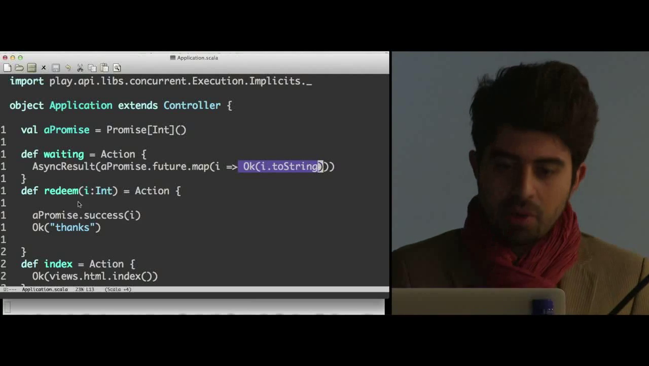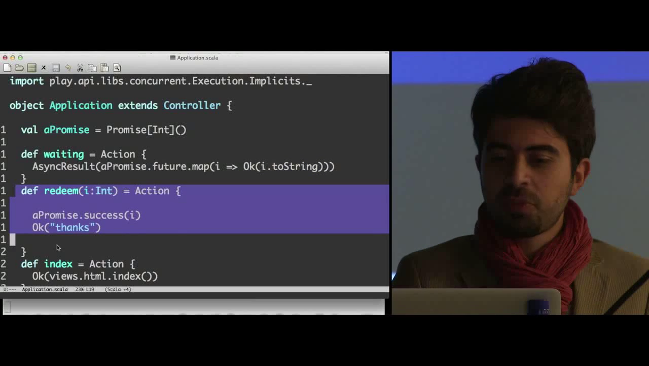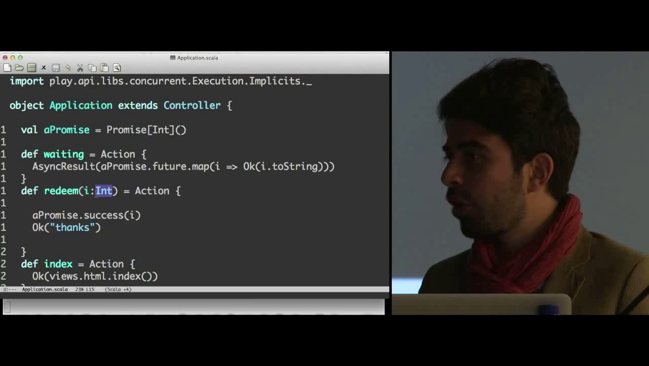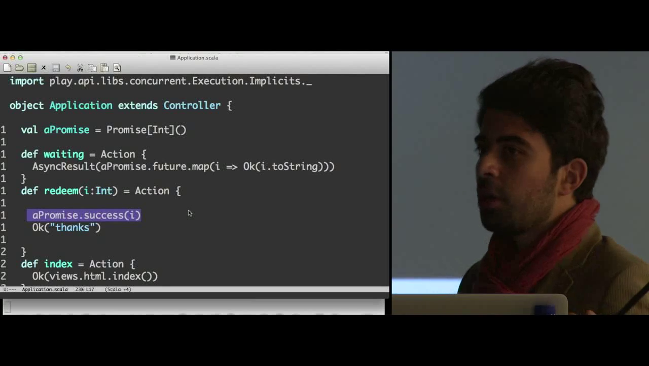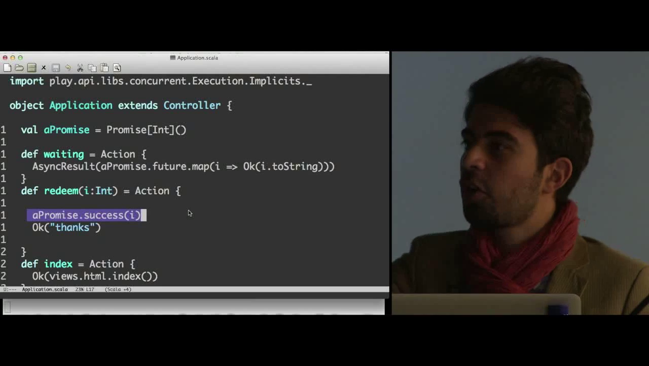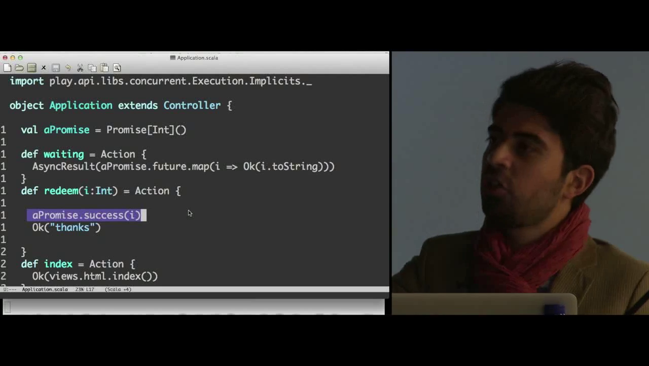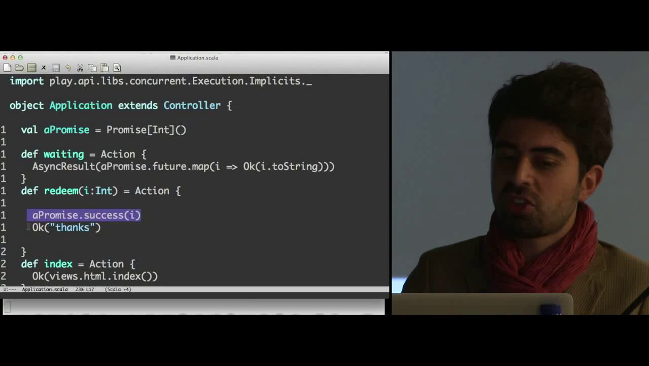All right. Now I got another action that is the redeem action. Redeem action is basically we'll get an int from somewhere, and all it will do is to push it into the promise. So it will redeem the promise. It will success the promise with this integer that has been passed to it. Okay, and then it will return just an OK